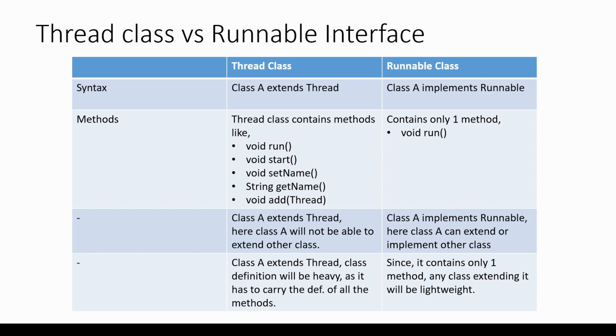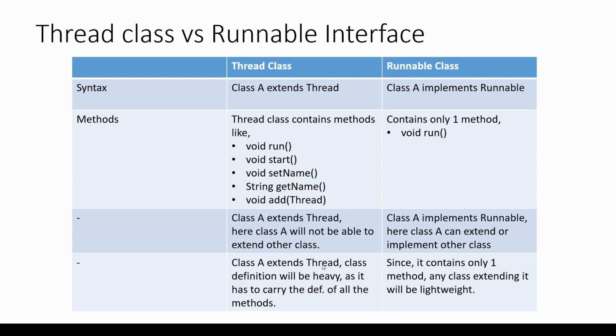The next difference is that whenever any class extends the Thread class, since Java doesn't allow us to extend multiple classes due to the diamond problem, we can't extend any other class. So it is a kind of restriction on the class if we extend the Thread class. This is one of the main reasons why it is not a good practice to extend the Thread class to create threads. That's why we generally implement Runnable if we want to create a thread.